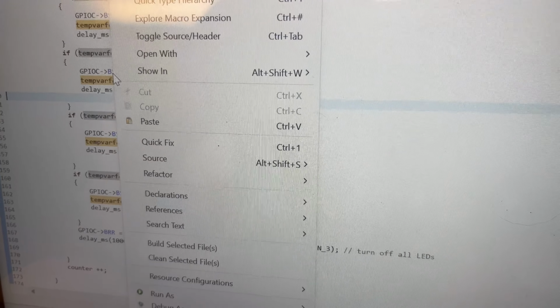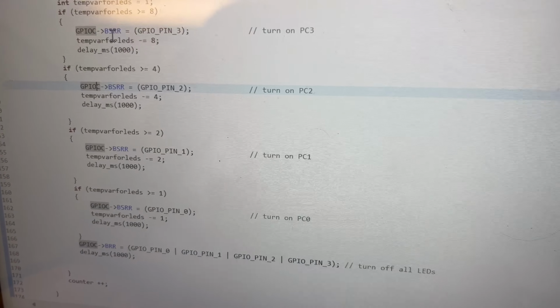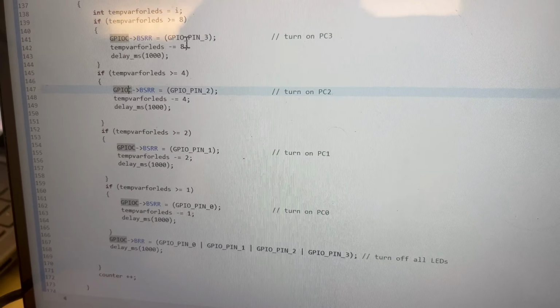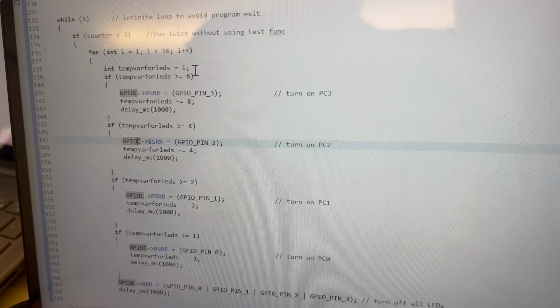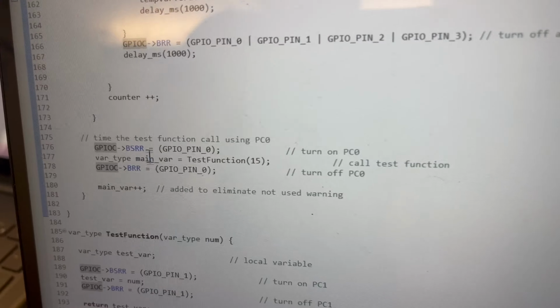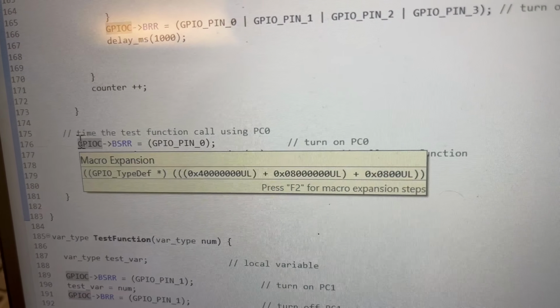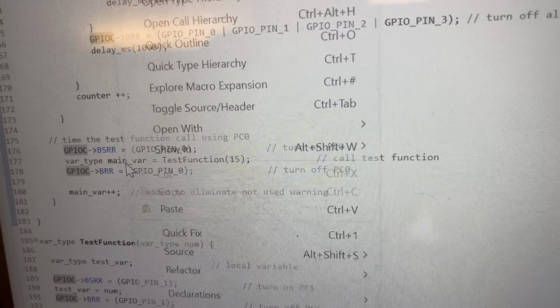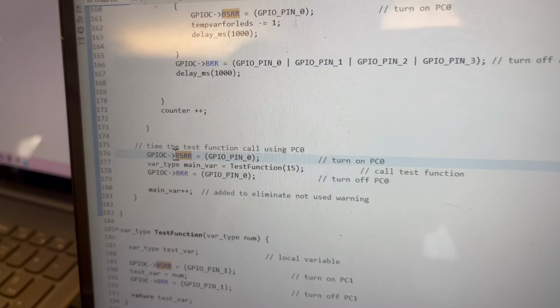I'm using the set to set the register and turn on the GPIO and the LEDs. So after that counts up three times, we're infinitely calling test function